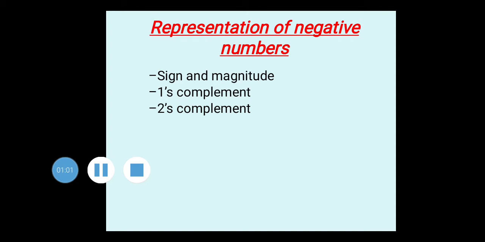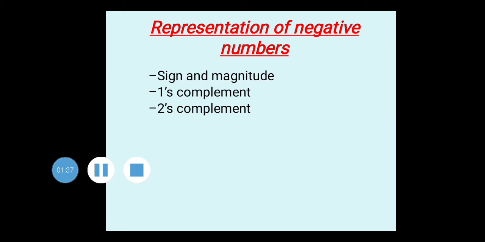Now as you know, in the decimal number system we have positive numbers as well as negative numbers. For positive numbers you have a plus sign, or otherwise there is no sign and just the number, so you can find out that it is a positive number. But for a negative number in the decimal number system, you use a minus sign. So if the number is -1, you come to know it's a negative number.